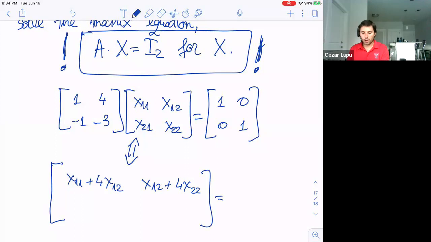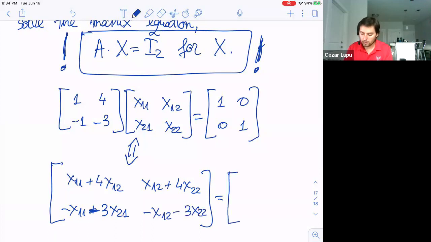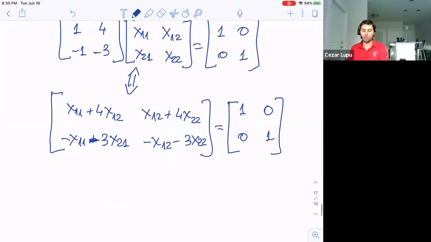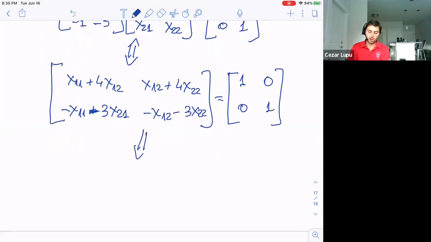This, then you will have negative x11 plus minus 3x21. And the last one is negative x12 minus 3x22. Right? And this has to be equal to 1, 0, 0, 1. And now we can identify, because we know what it means for two matrices to be equal. So their elements must be equal. So this will be equivalent with,